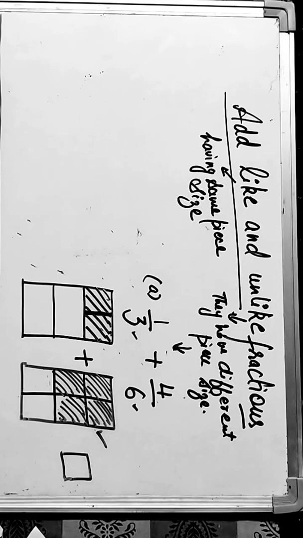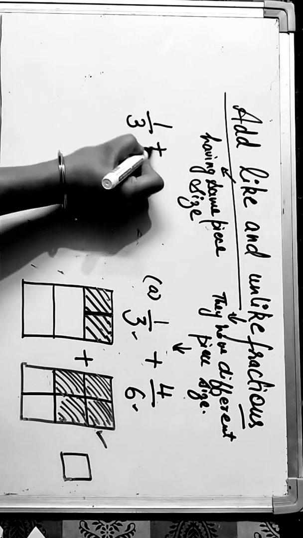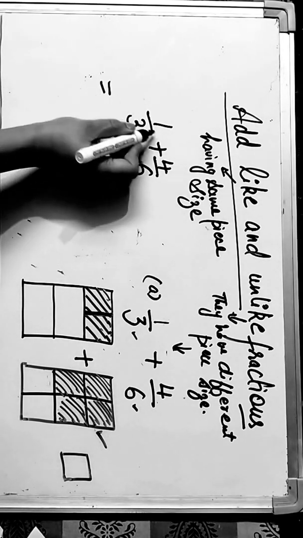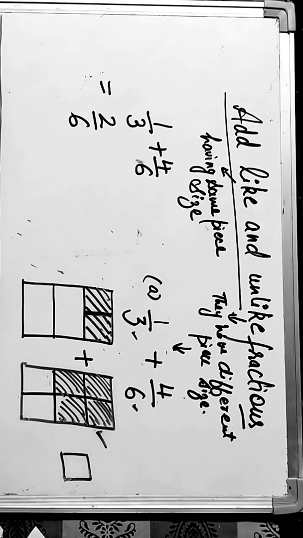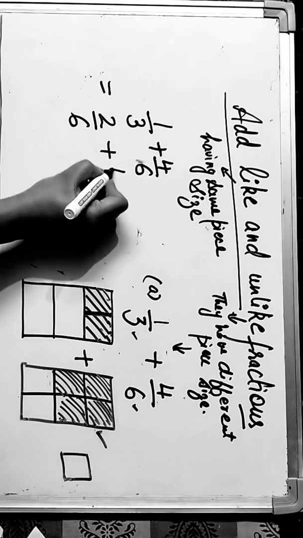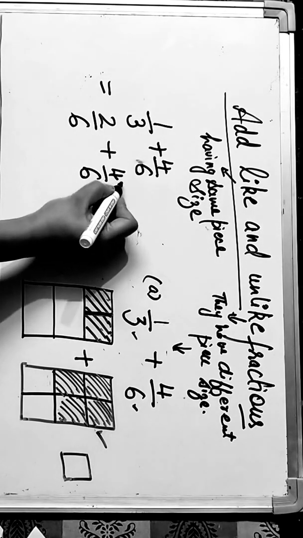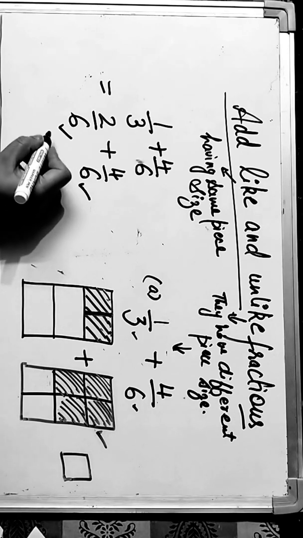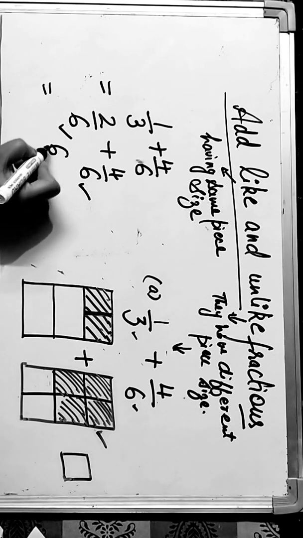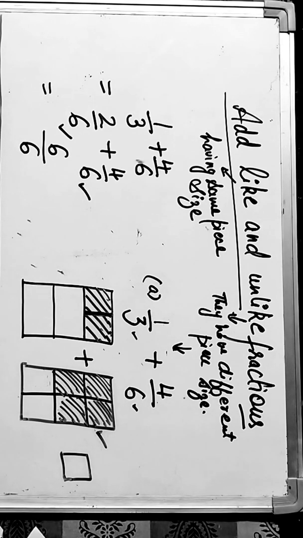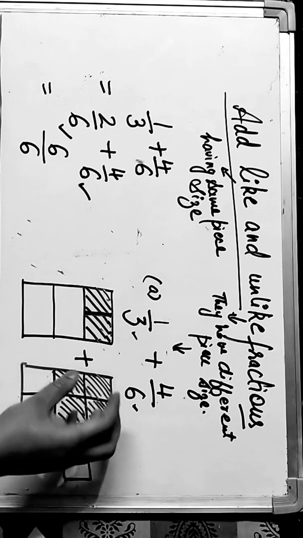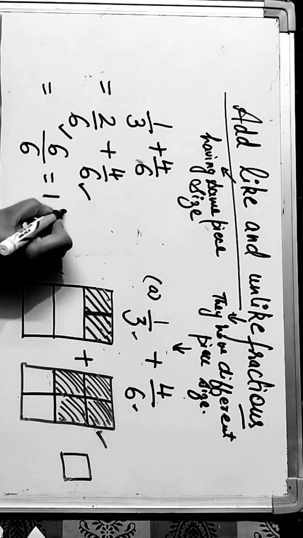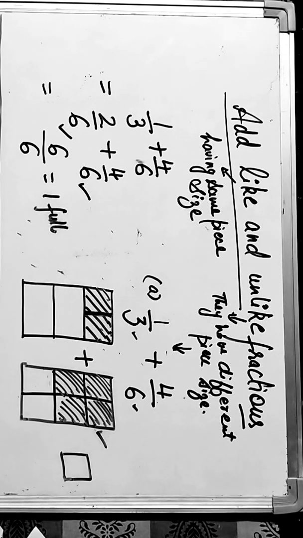We have to add 1/3 to 4/6. Okay, 1/3 can also be written as 2/6, and then 4/6. We need not change this because it is already giving us the same piece size. So how many do we have? Again, we have 6/6. If I had this as a chocolate, how many 6ths will we make? 6/6. That means I am still eating one full chocolate.